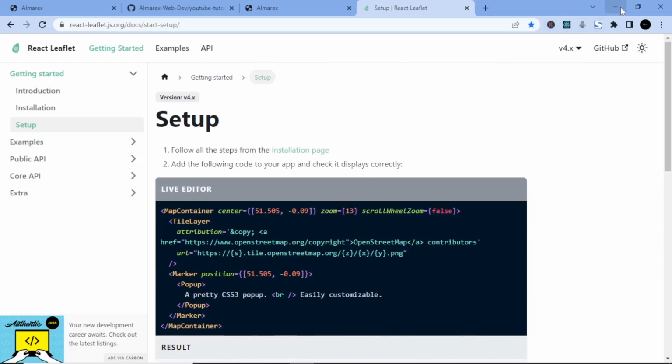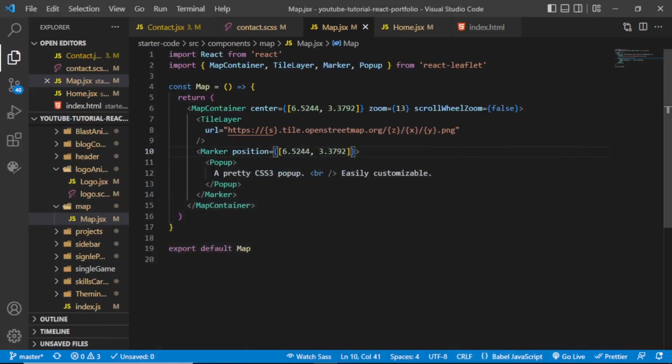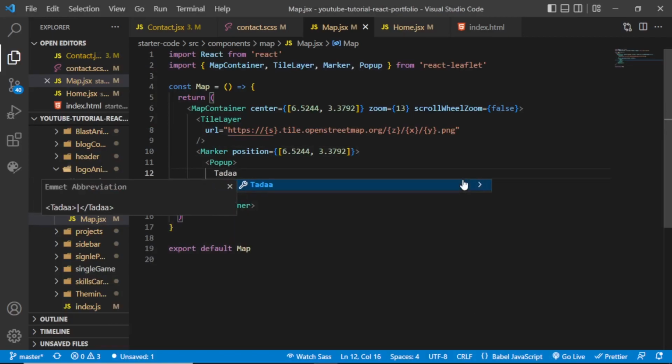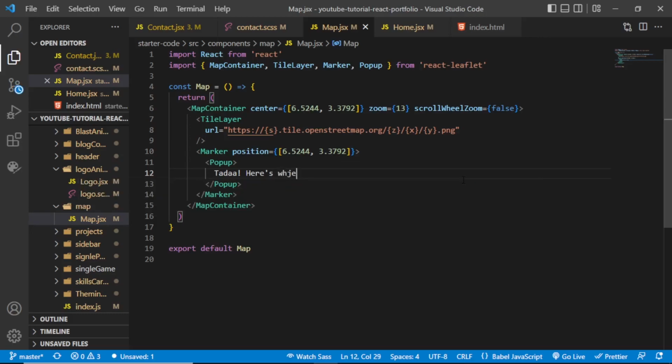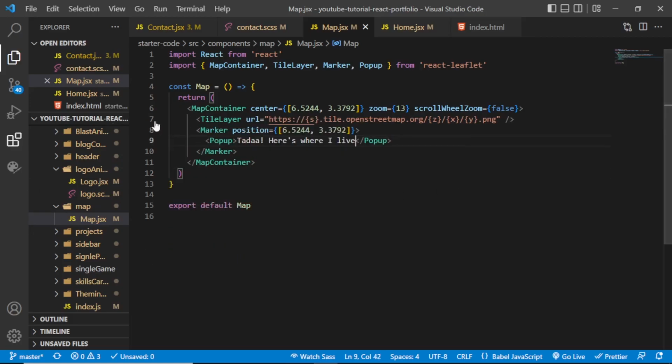So we are going to add the same thing as well, but for us, all we are going to do is to say that here is where I live, like so. So basically, this is what we have to do, but in order to add some content on the map,